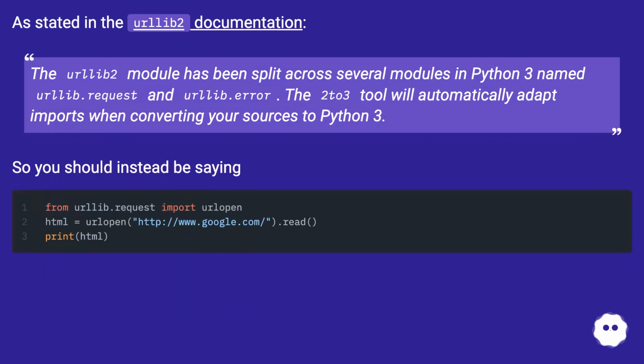As stated in the urllib2 documentation, the urllib2 module has been split across several modules in Python 3 named urllib.request and urllib.error. The 2 to 3 tool will automatically adapt imports when converting your sources to Python 3. So you should instead be saying